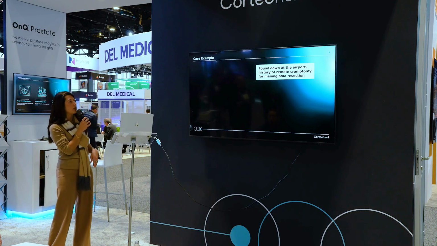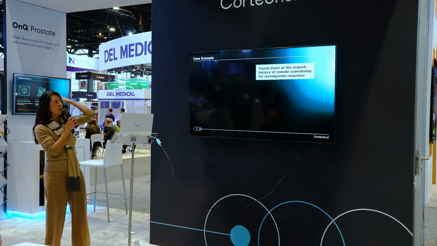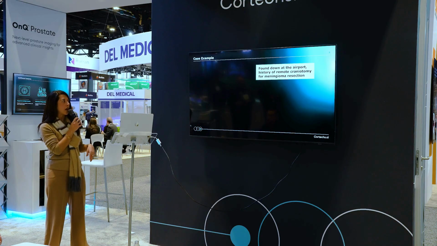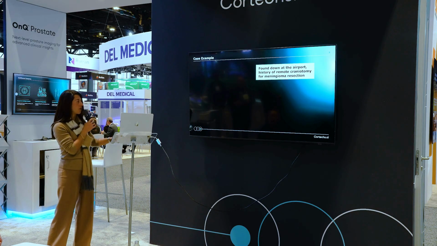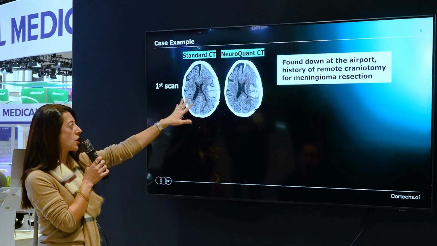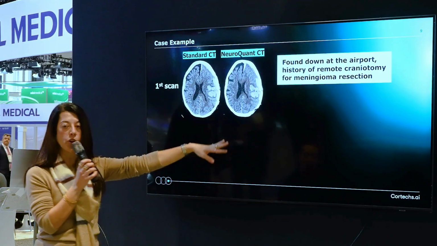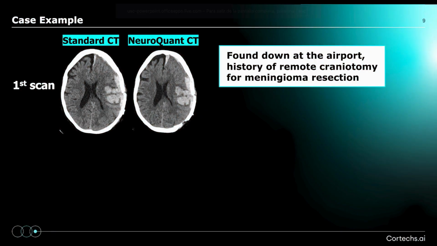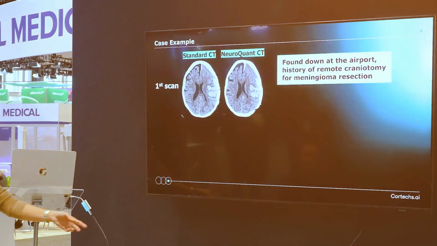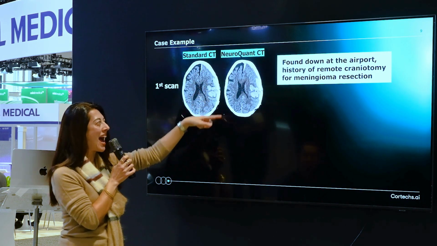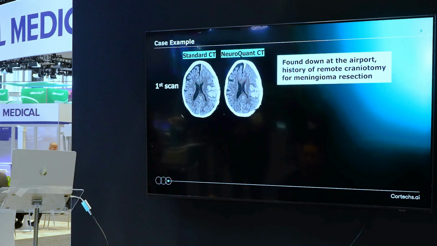This patient was found down at the airport. They had a prior craniotomy for meningioma resection, which is a benign tumor, but now were found down. We can see at this first time point our standard axial CT and our NeuroQuant. These actually don't look too different, right? So in this case, you'd say, well, how much is it actually helping you? We can see that this patient has a large intraparenchymal hemorrhage as well as an extra-axial hemorrhage underlying that prior